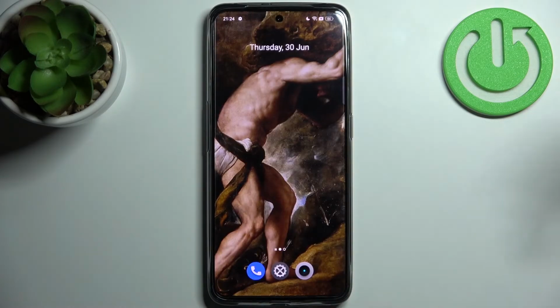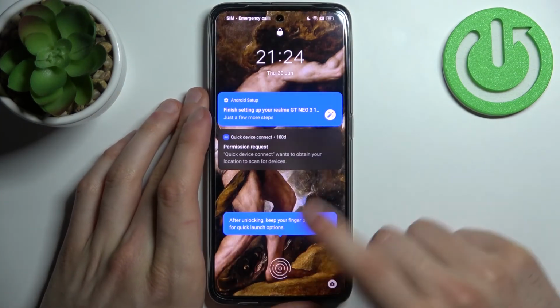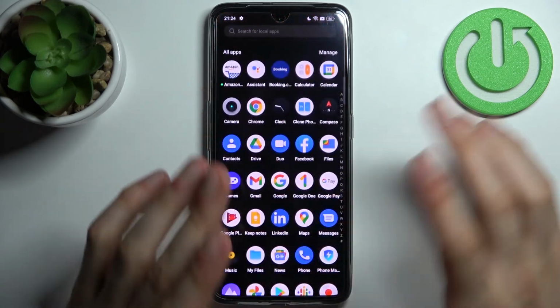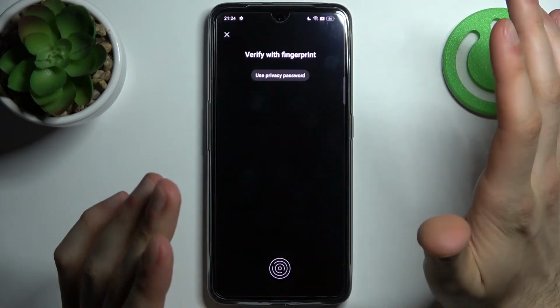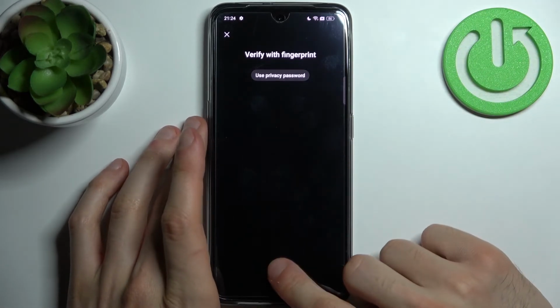So yeah. What else you should know is when you lock the screen and then unlock it once again, apps which you have locked, they will be locked too after that. So yeah,